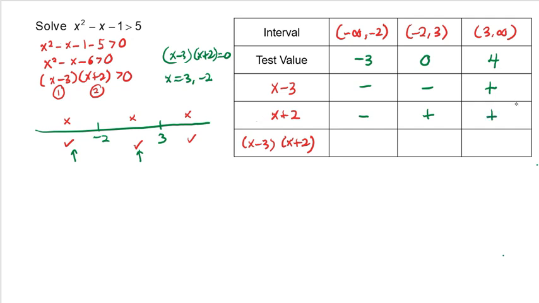Now you find the multiplication between these two. Negative multiplied by negative gives a positive number, negative with positive gives a negative, and positive with positive gives a positive. Now we want the part where the expression is greater than 0, so greater than 0 means it's positive. So this part